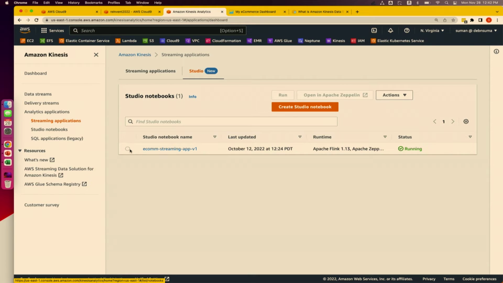You can create it on your laptop or any virtual machine, put all the code on S3 and deploy that. But we are going to use a Studio notebook, which is nothing but a Zeppelin notebook.